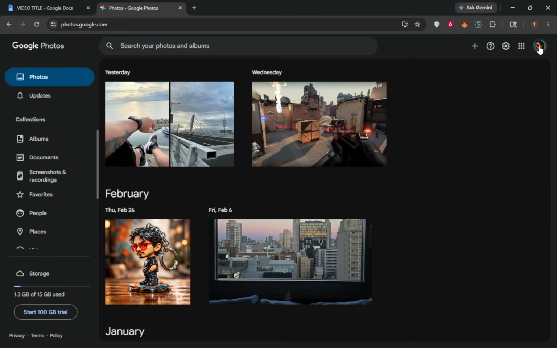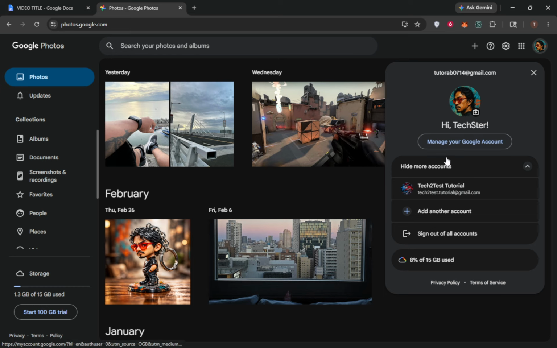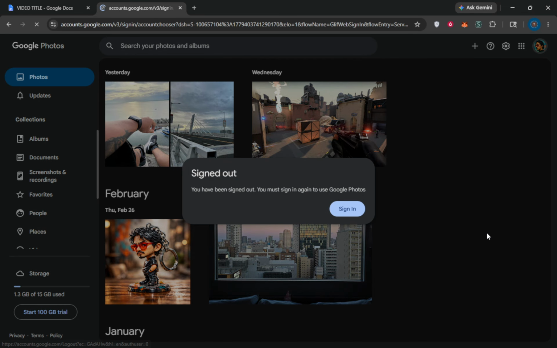And if you're considering signing out on a mobile device by removing the account, be aware that on Android this can also sign you out of other Google apps tied to that account. Whenever you're ready to get back into Google Photos on this computer, simply return to the website and sign in again. Your library will load as usual, and you can pick up right where you left off.